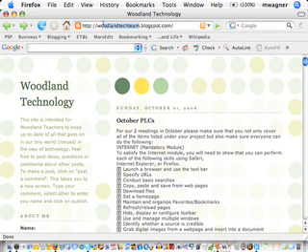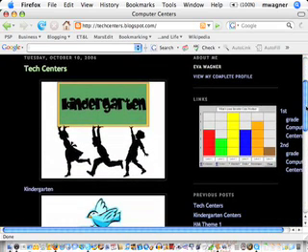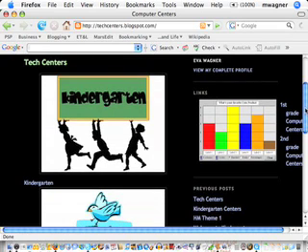Another blog that Eva uses that's actually for students, and yes, kindergarten students, believe it or not, is techcenters.blogspot.com. Like a lot of elementary teachers, she of course has centers in her classroom. One of her centers is her computer center. As soon as the kids sit down at the computer center, they come to this post that's always the top